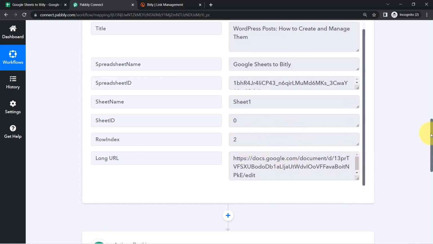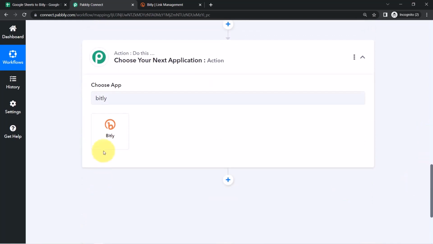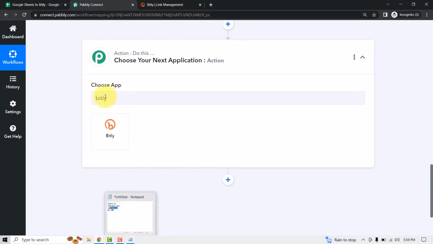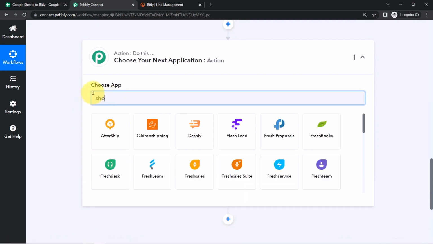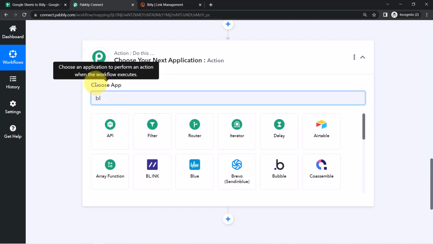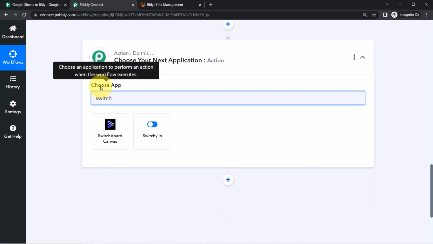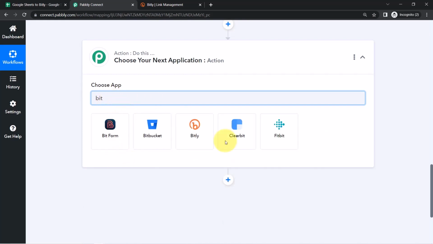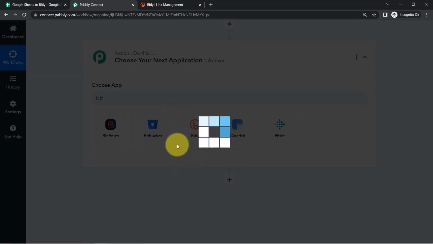Okay, so Pabbly Connect supports multiple URL shortening apps. This is one of the popular applications, Bitly, but other than Bitly, let me show you what other URL shortening applications Pabbly Connect supports. Okay, so we also have short.io, we also have shorten.rest, and I think we also have Blink. Let me show you the same, that is the Blink URL shortening app, and lastly we also have Switchy. So these were some amazing URL shortening apps using which you can easily convert your long URLs into shorter ones. In this video, I will teach you how you can use Bitly and convert the long URLs into